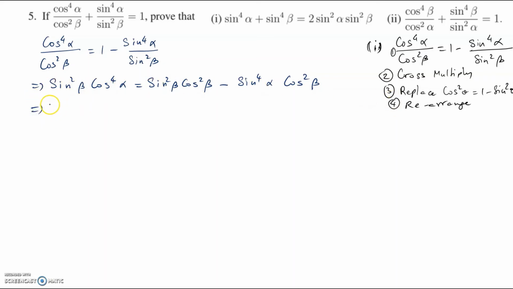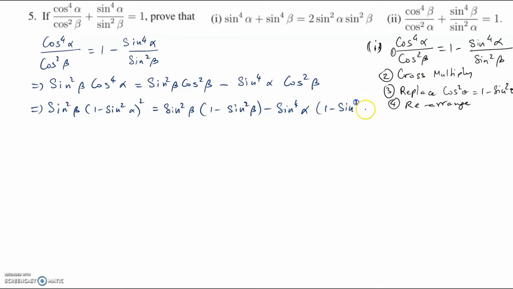So this will be equal to sin squared beta into (1 minus sin squared alpha) squared equals sin squared beta into (1 minus sin squared beta) minus sin to the power 4 alpha into (1 minus sin squared beta), which is, if you expand this, it will be 1 plus sin to the power 4 alpha minus 2 sin squared alpha, and then multiplying with this we should get sin squared beta plus sin squared beta into sin to the power 4 alpha minus 2 times sin squared alpha sin squared beta